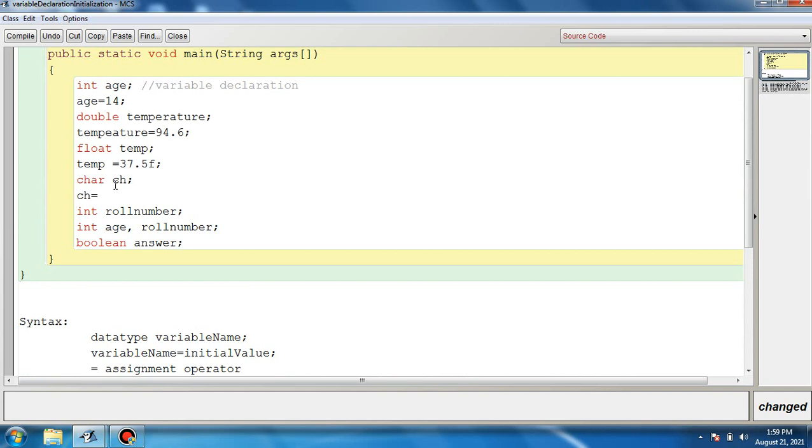So char is the name of the data type and ch is the variable. Now to assign the value, character values are always written in single quotes. This is the beginning of the single quote, then the value, then the closing single quote, and after that we will place the terminator. So all these are variable initializations. We have initialized the value.